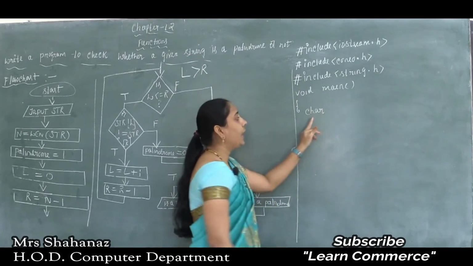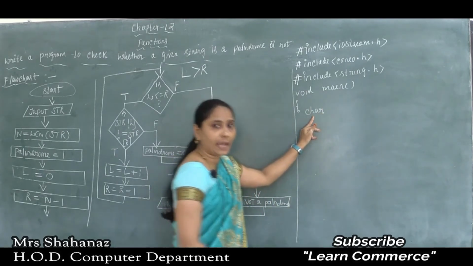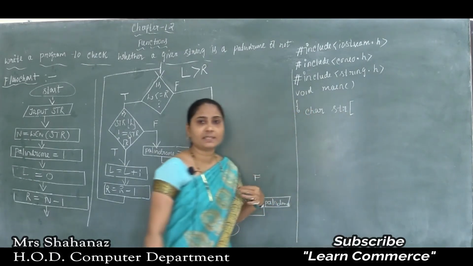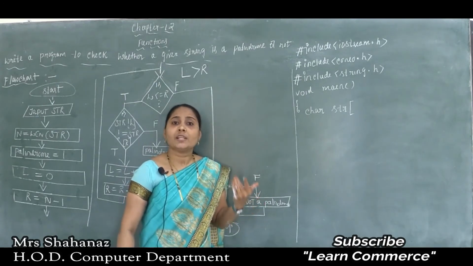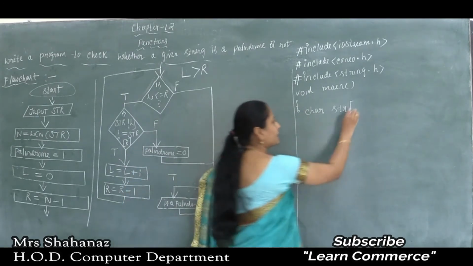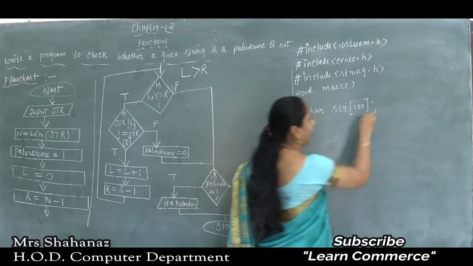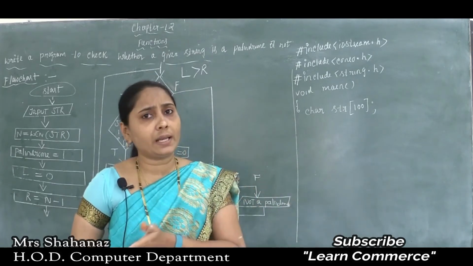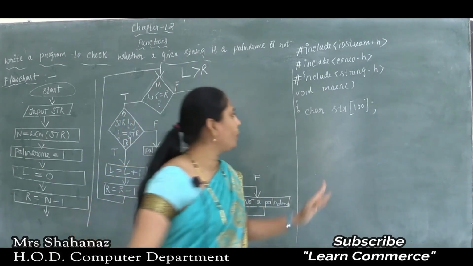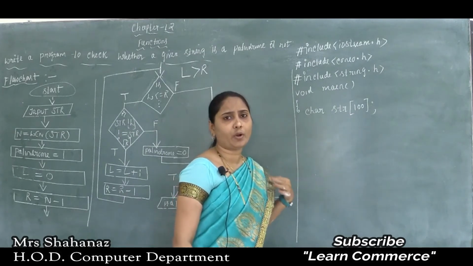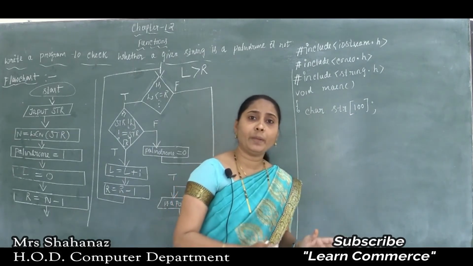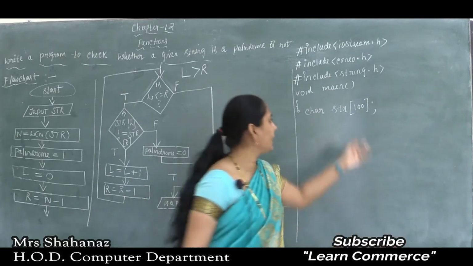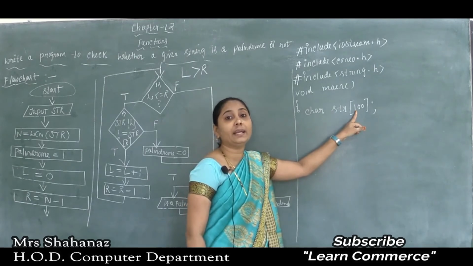The data type I am using is char, and the string name I am using is str. As we know, the memory space name, that is the string variable name, is str, and the size I am using is 100. Actually I need only 5, correct? No, 6. When you start from 0 till the null character, we need 6. But no problem, if you use a larger size there is no effect on the program. But if we declare a smaller size than we need to input, then it is going to create the problem.